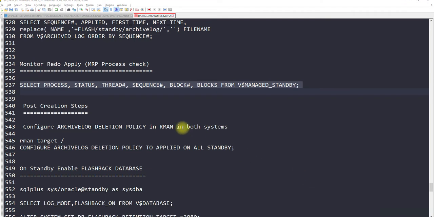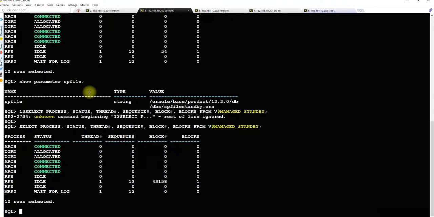So now we have completed until here, right? We have started the redo apply services. Now we will start the post creation steps. So we will configure the archive log deletion policy on RMAN. For that you have to do it on both databases. So what you need to do is use RMAN connect.